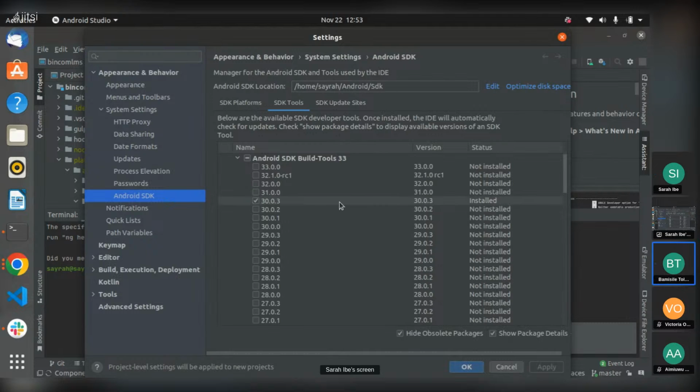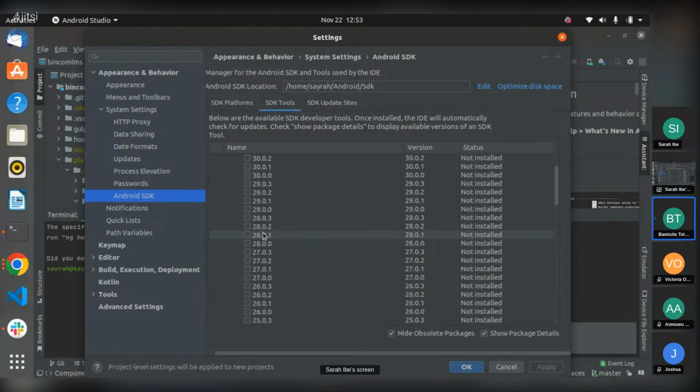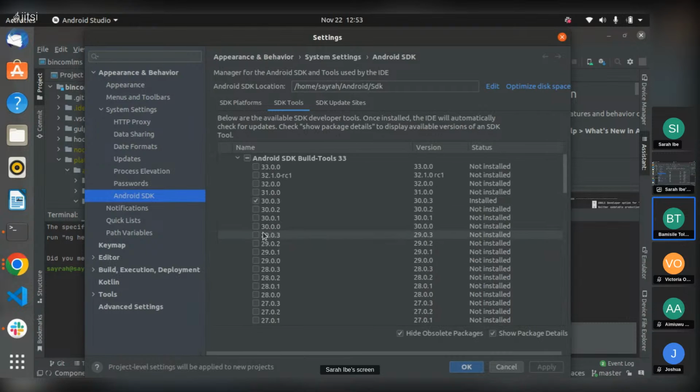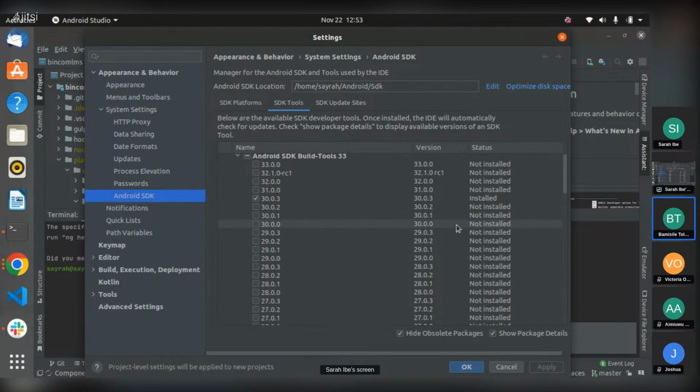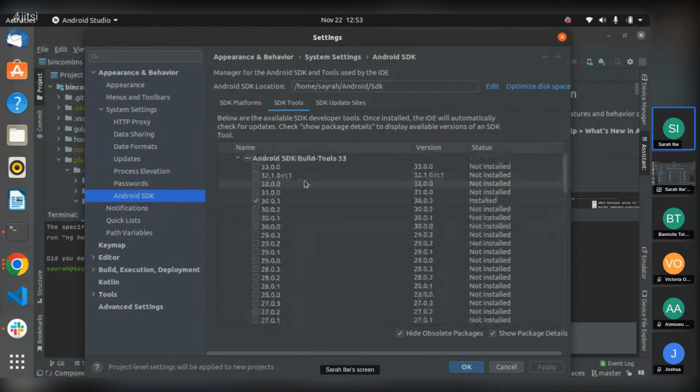I want to ask a question. Can I download more than one Android SDK build tool? Yeah, I don't know, I've actually not worked like that. Just the one I'm making use of, I install, but I think it's possible. But I've not done that, sure. Yeah, no problem.